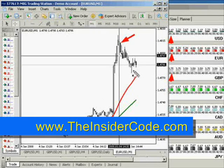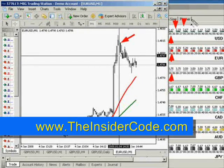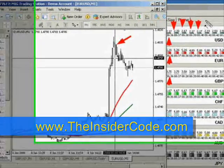Remember, because we're not predicting, and I keep saying this because I don't want you to fall into the trap of thinking that somehow the currency strength is going to help you tell what's coming up. We don't know what's coming up. We can know what's likely to come up, and as long as this strength continues to go up or stay constant,